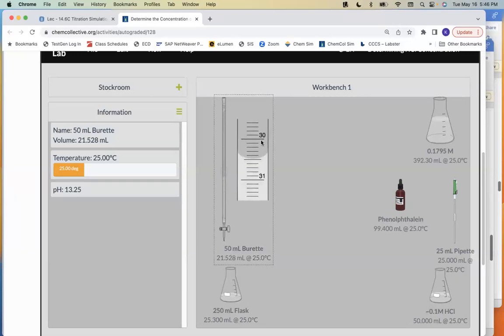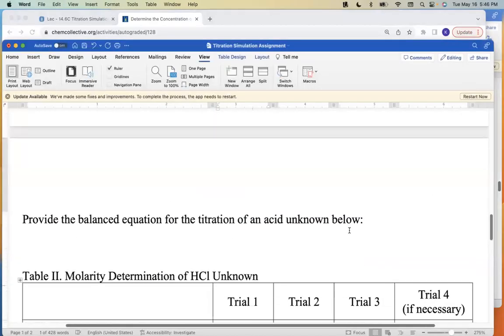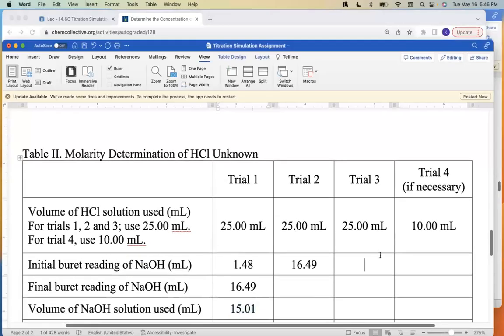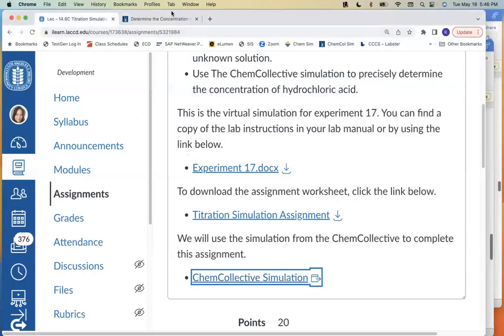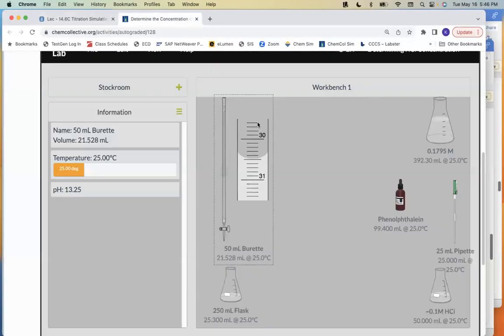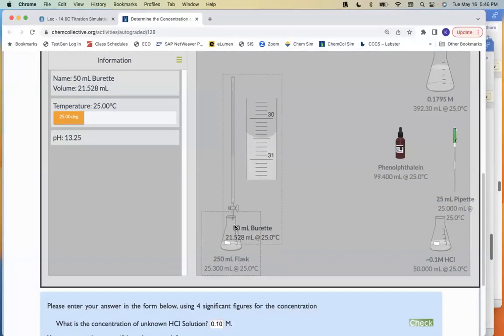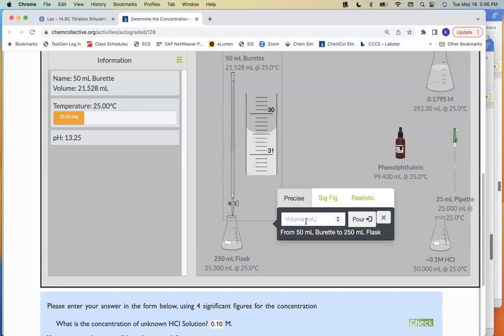I'm at 30 so it looks like I have 20 ml left here. So I should have more than enough to do a third trial. So 30.48, so I'm going to discard my trial 2. 30.48 is my starting reading for trial 3. And then I'm going to be rapid again because I'm going to go 13 ml first, and I hope it doesn't